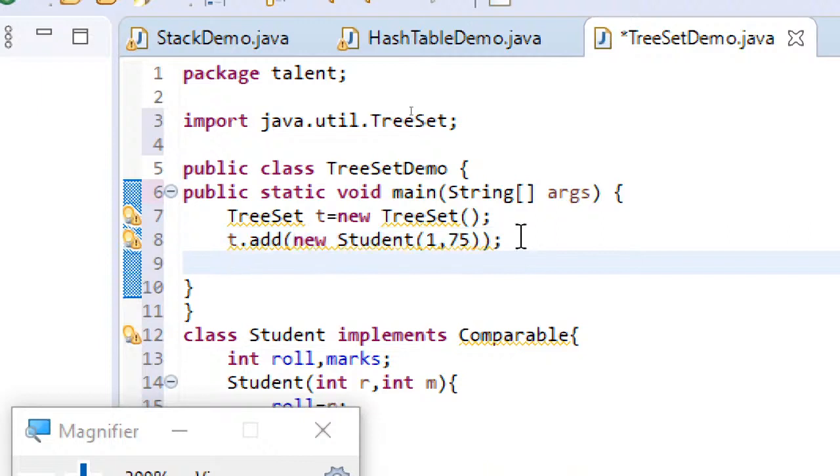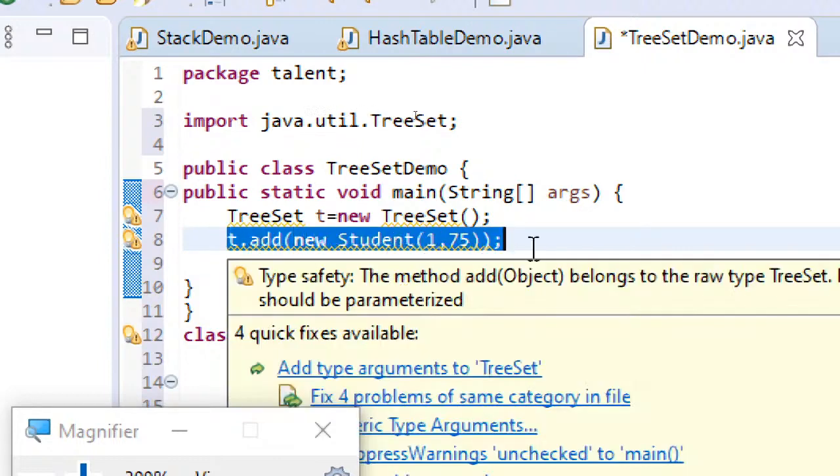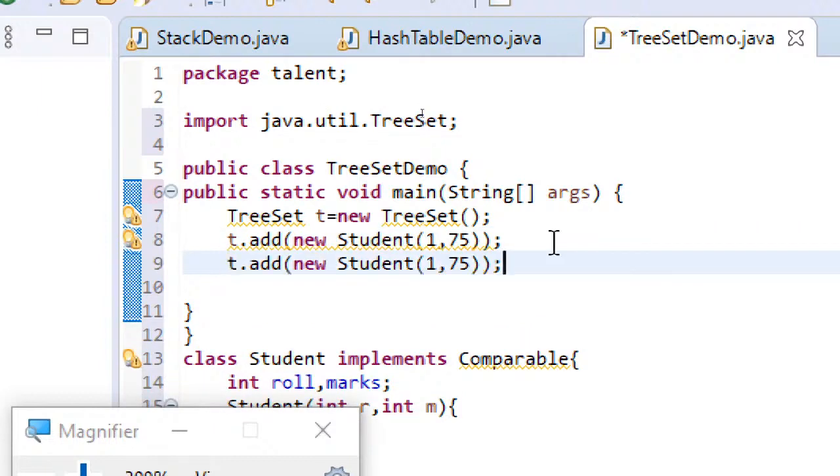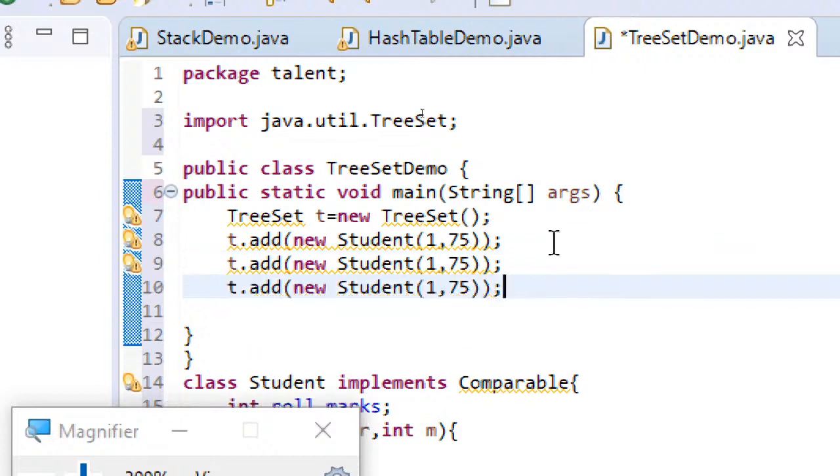I hope you understand why I'm directly adding the new Student within the add method itself, because otherwise I have to write a separate line and paste a reference variable. Instead of that, I'm directly storing it there. And let's add two more records. So I'm supposed to add roll number and marks now. Here roll number 2, let's change the marks to 99, and here roll number 3, and let's change the marks to 88.